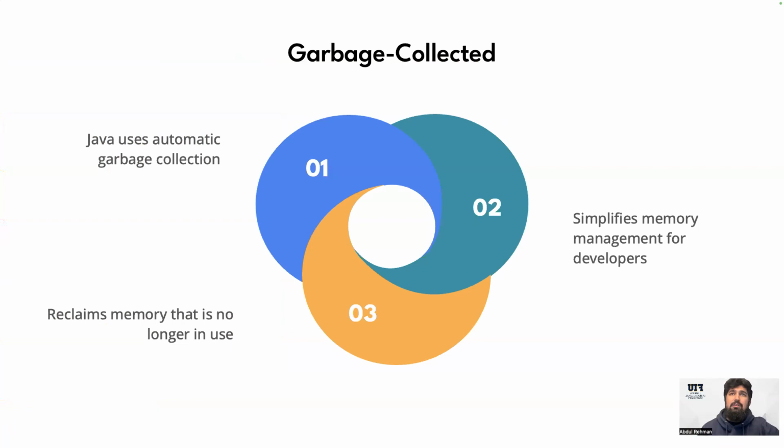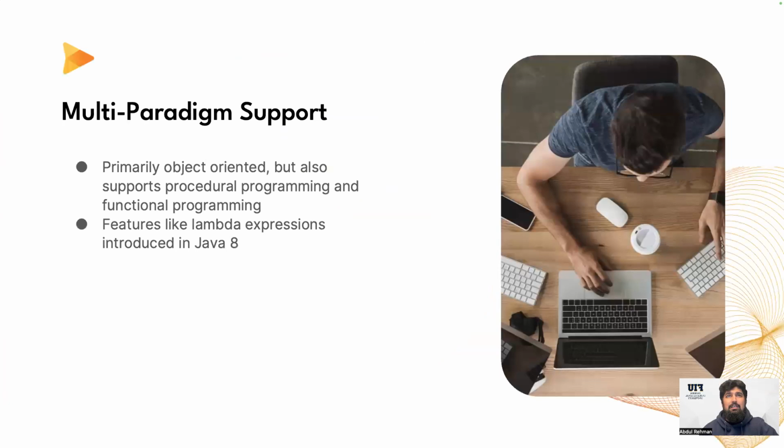One of the extraordinary features of Java is that it automatically collects the garbage. It does not let the garbage float around. It lets us reclaim the memory that is of no use, which means that we can recycle the memory. It is a kind of memory management system that we can easily use with Java.